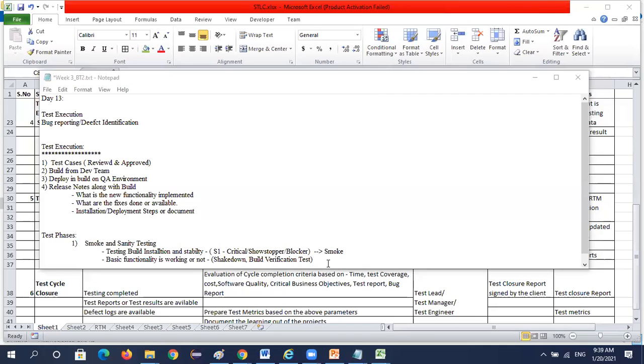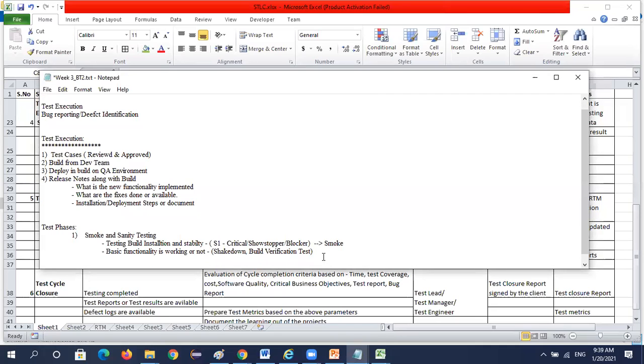So what do we verify in the sanity test? What is the difference between a smoke test and a sanity test? Remember one thing, there is a very thin line of difference between smoke test and sanity test. In an interview they will dig more and more on smoke and sanity test. If you are confused, you should be very clear in explaining the smoke and sanity difference. What we will verify here is whether pages are displaying properly or not.